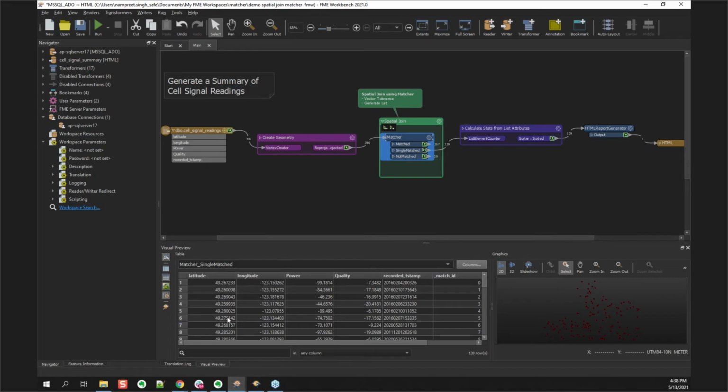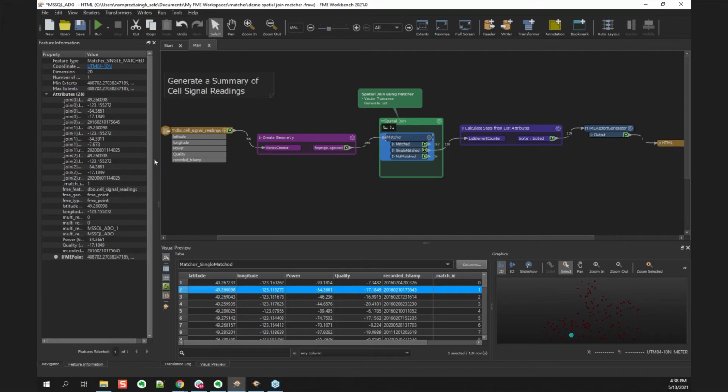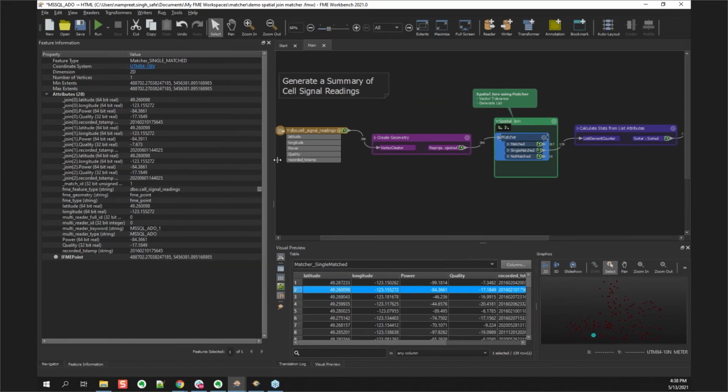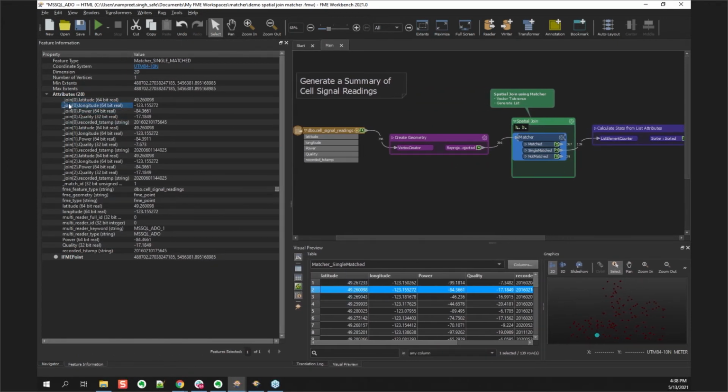And what we can see, if I select one of these records and look at the feature information, we've generated a list called _join here, and we have a list of matched readings from a variety of dates. So we have one from 2016, one from 2020, another one from 2020, and we're going to run some stats